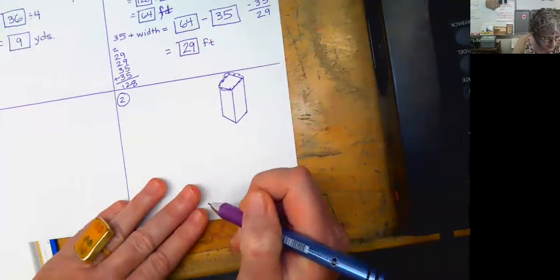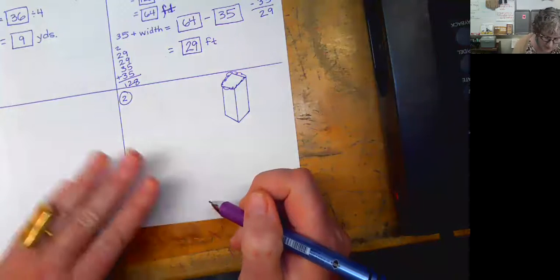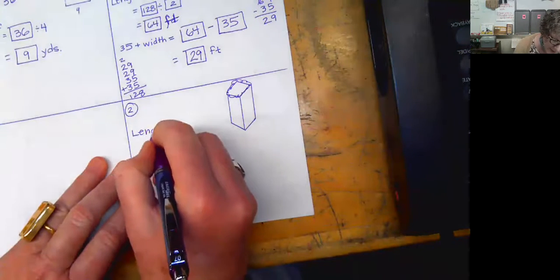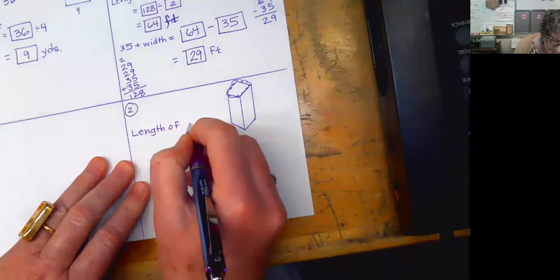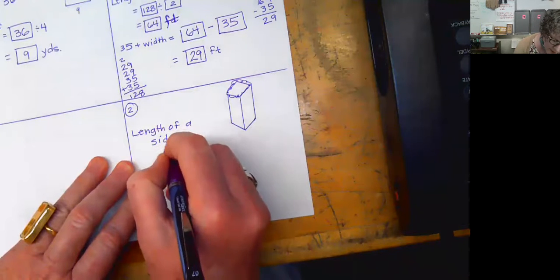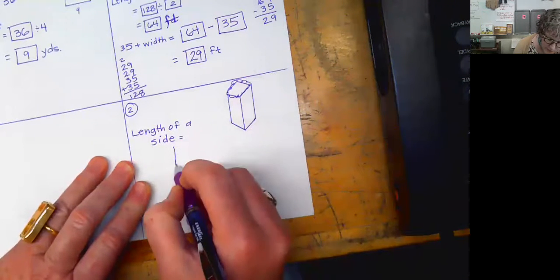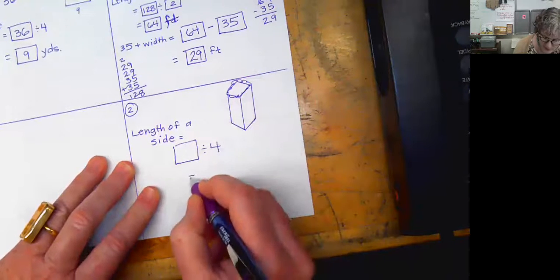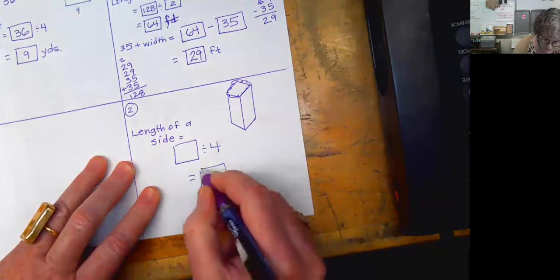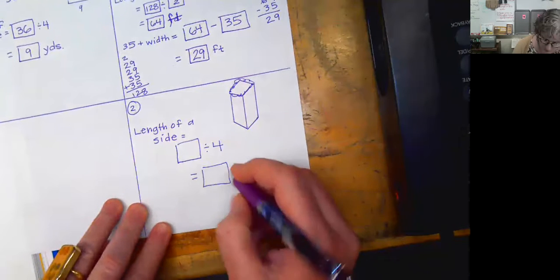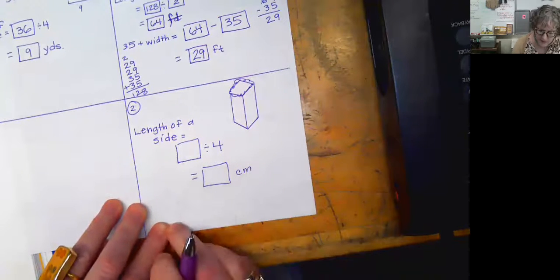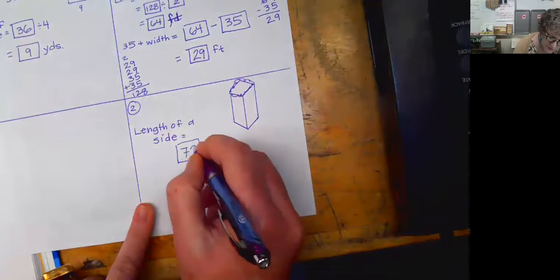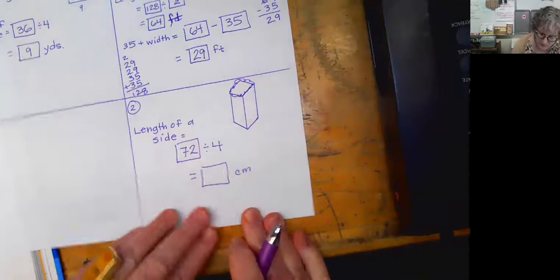If we know that he had a 72 centimeter piece of string, we know that the length of a side equals the perimeter divided by 4. And so that's going to equal, let's see, he's using centimeters. So if we know the perimeter is 72, then 72 divided by 4,